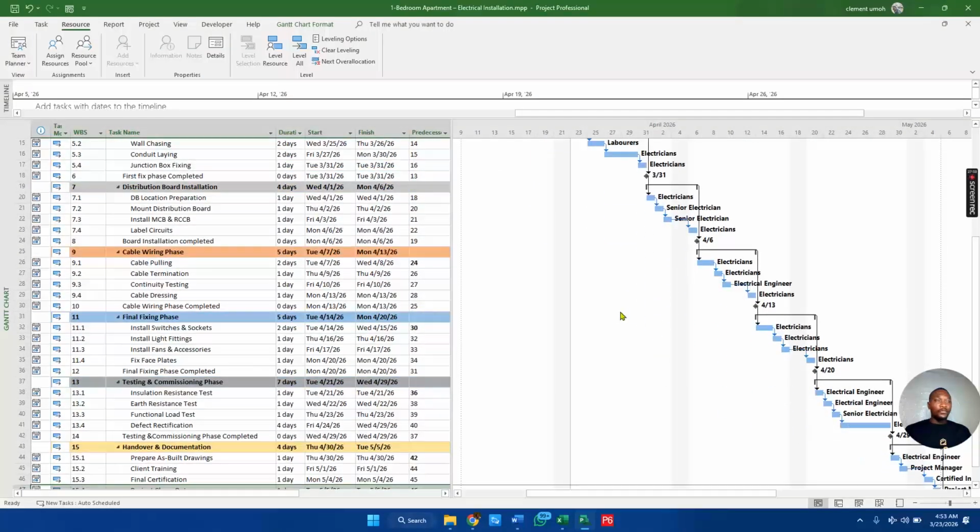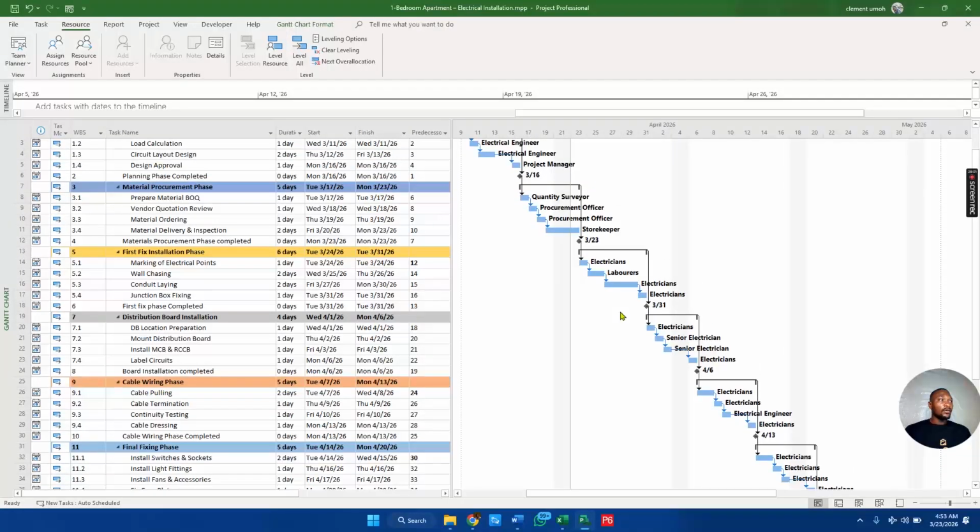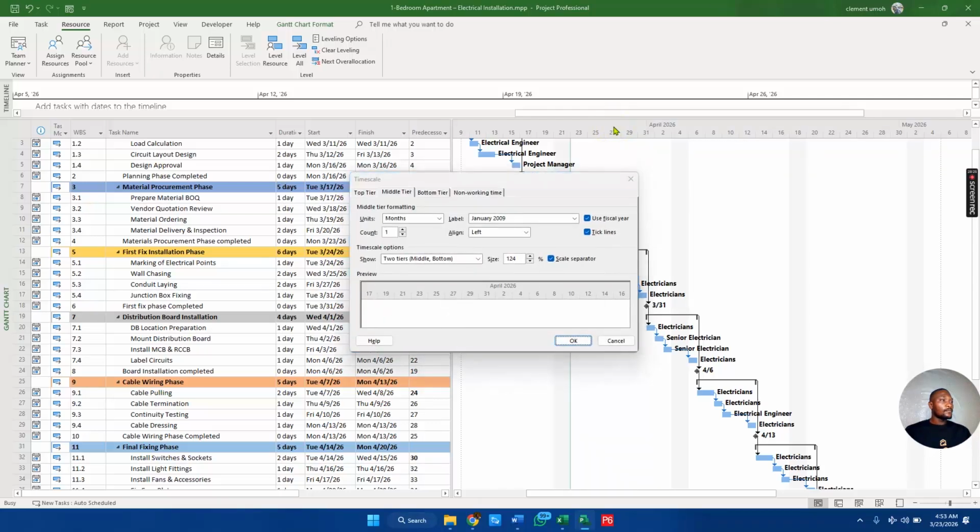So now our major focus is to assign the different materials needed to accomplish each and every phase of the project. Okay, so I think we have to do something here. Just double click. Now this dialog box is out. Then let's change this into